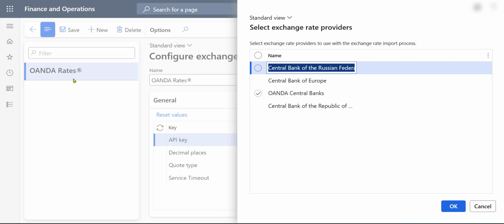So what's the difference? If the customer requires the market rates to be pulled in the Dynamics environment, in that case, you need to select OANDA rates. That's kind of the market spot rates. But if the customer requires the official central bank rates, then in that case, you need to select OANDA central banks. So it gives you a list of like Albania Central Bank or American Central Bank, this type of banking information,